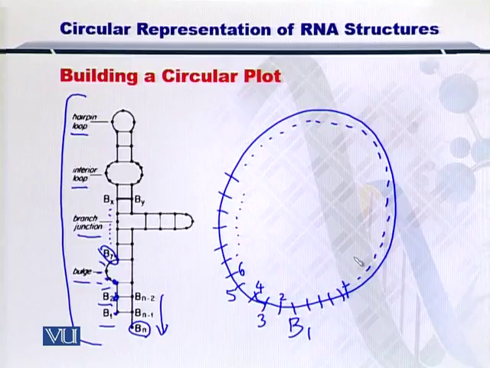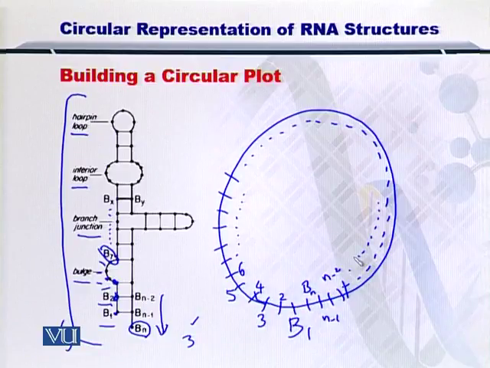towards the 3' end, which is this side, versus the 5' end, which is on the other side, you can arrive at Bn, Bn-1, Bn-2, and so on and so forth. So once you have drawn a circle and labeled all the nucleotide bases that are represented by ticks on the circumference of this, then you can start coupling by drawing arcs from the nucleotide bases which are coupled to another